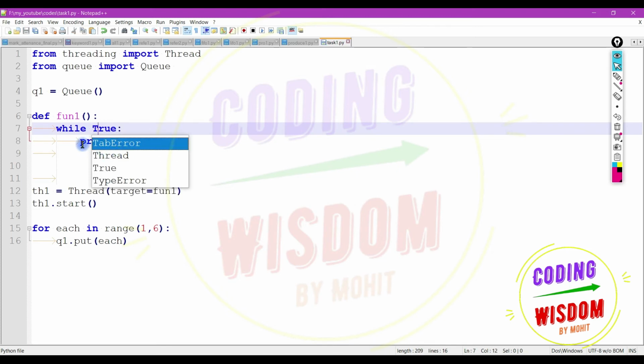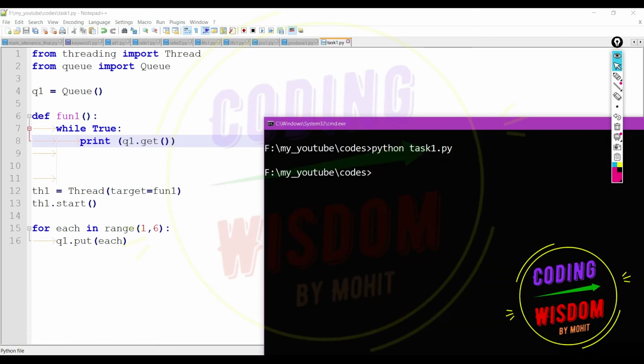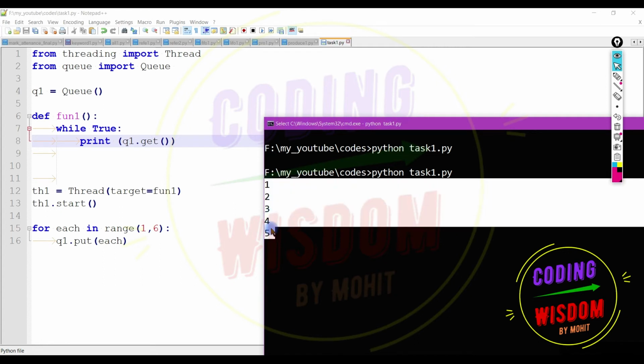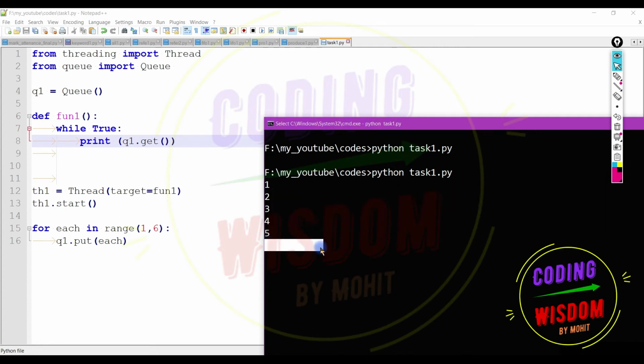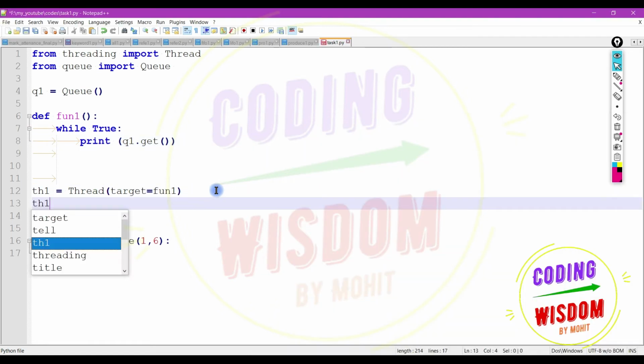It means continuously check whether we have something or not. Okay, I'm getting all the values, that's a great thing, but the bad thing is the program is not getting terminated. So in this situation, what can you do? Sometimes people say you can use join, you can use a daemon thread here. We have learned about daemon threads.